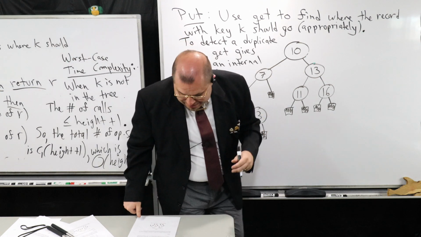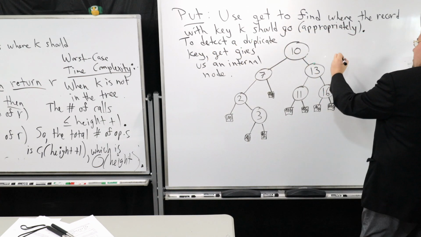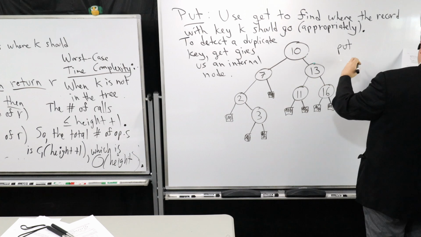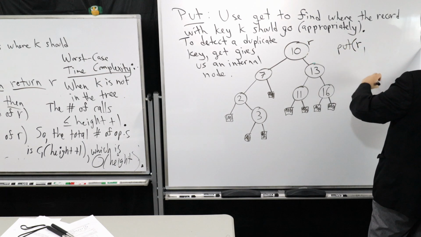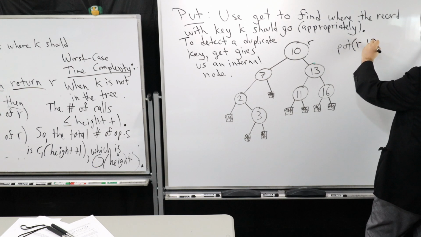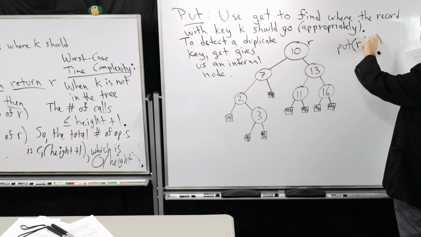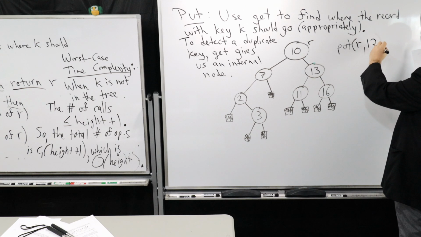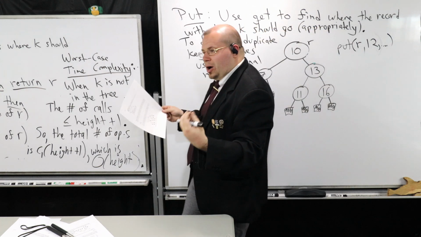So let's do an example of what I mean by this. So we're going to try putting in 12. So imagine I give you the root here, and I give you 12. Keep in mind that typically the way it works is that you're given some record. So I'm just going to presume that there's more stuff. Say there's a part of your record, say 12, and then there's some data.